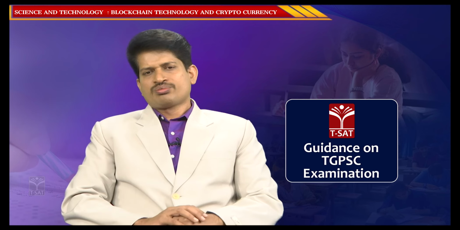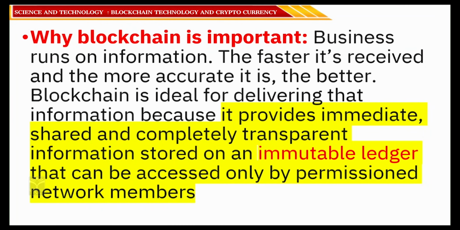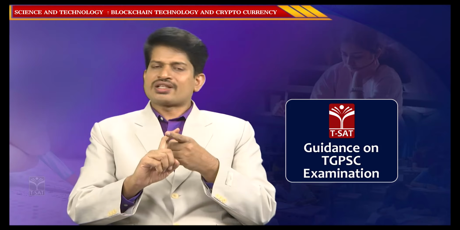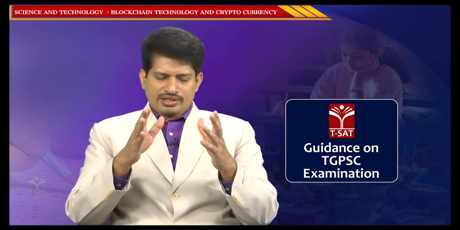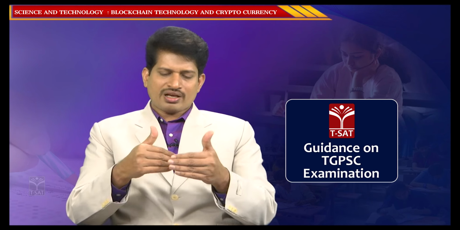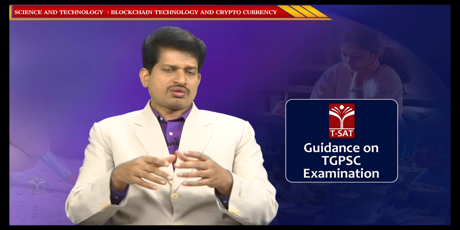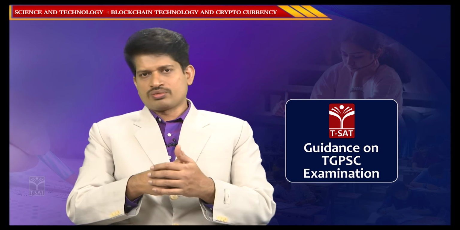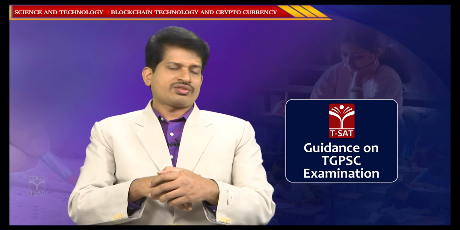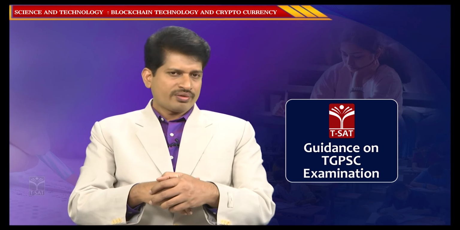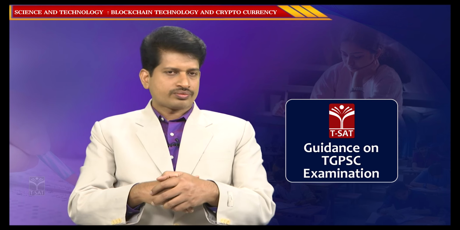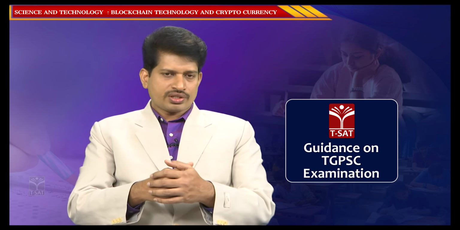So, why is blockchain important? Blockchain is important because it does transactions faster. As soon as you transact the money, the ledger is immediately maintained. The current ledger balance is maintained instantly, so you need not go to the bank to maintain the ledger. Instant clarity you will be able to get. When there is clarity, the number of transactions is more. When the number of transactions is more, the profit made per day will be more. That is the main advantage of blockchain technology.